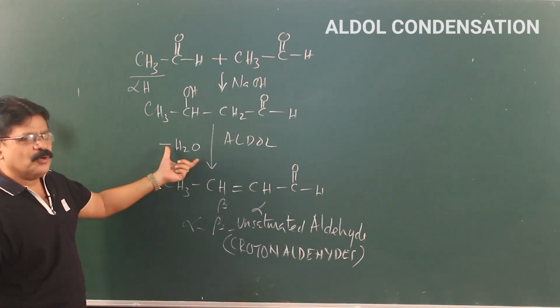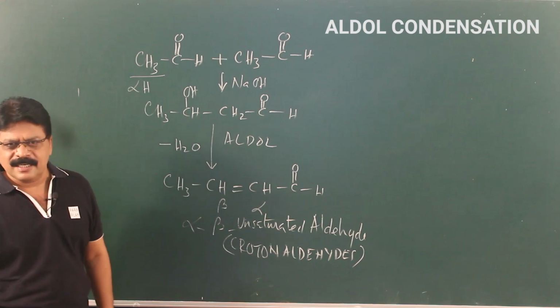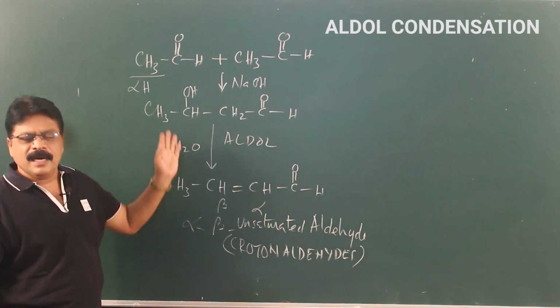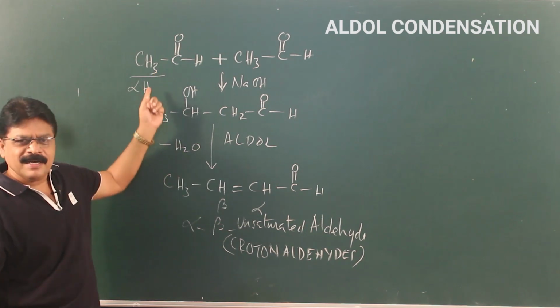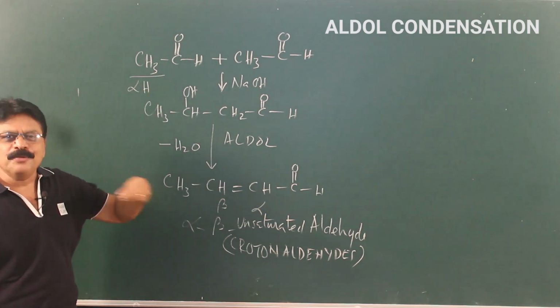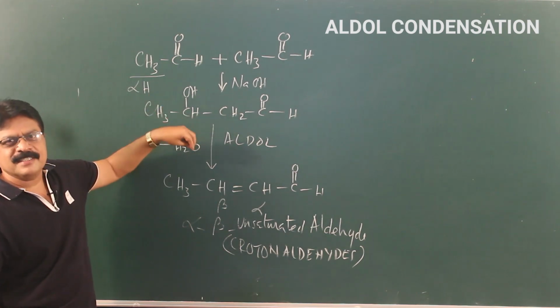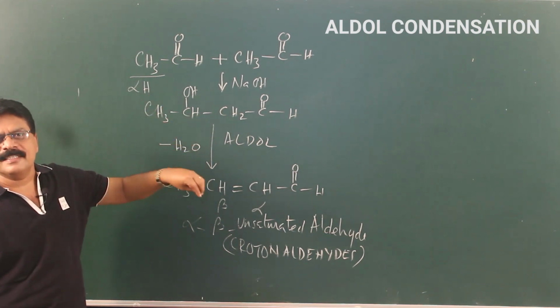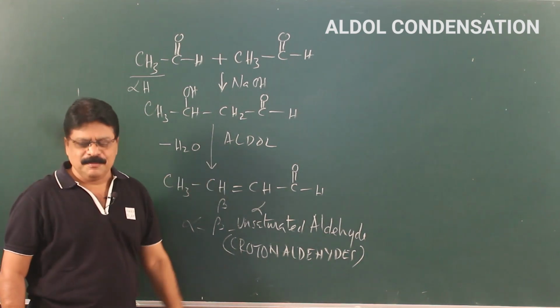Here a small molecule of water is lost. This reaction is referred to as the aldol condensation reaction. It can be shown by aldehydes as well as ketones, but the only condition is they must have an alpha hydrogen. How the reaction proceeds, what is the significance of an alpha hydrogen, etc. is the most pertinent and interesting part of the aldol condensation reaction. So, we will be talking about how the reaction proceeds.